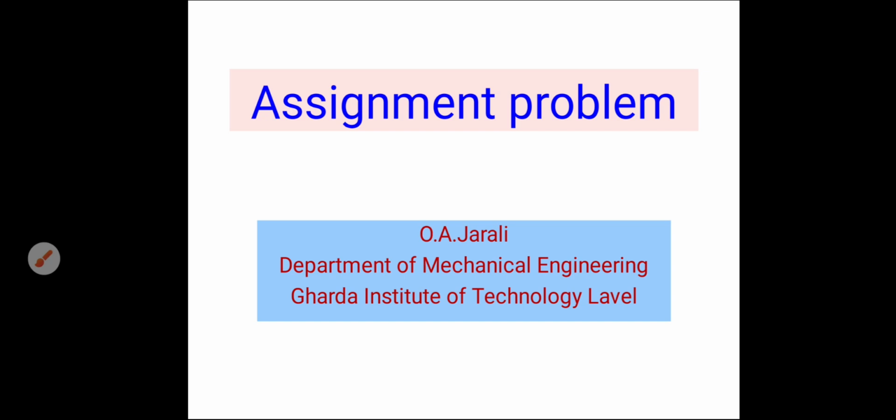The third variation is restriction on assignments. Sometimes technical, space, legal or other restrictions do not permit the assignment of a particular facility to a particular job. Such a problem can be solved by assigning a very heavy cost, that is infinity or M, to the corresponding cell. Such a job will then be automatically excluded from further consideration.